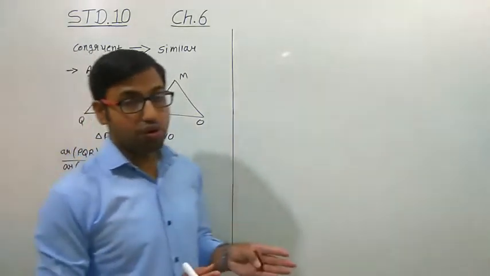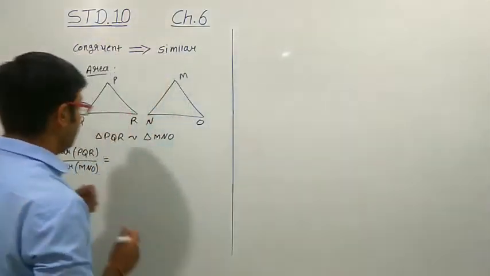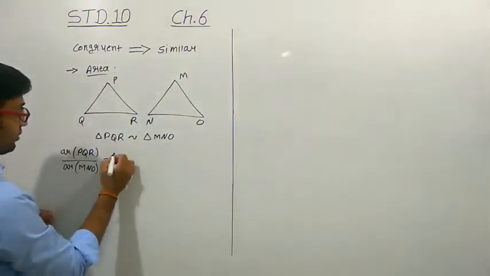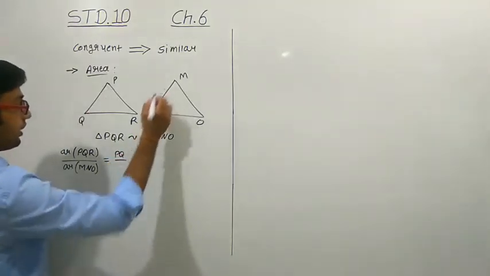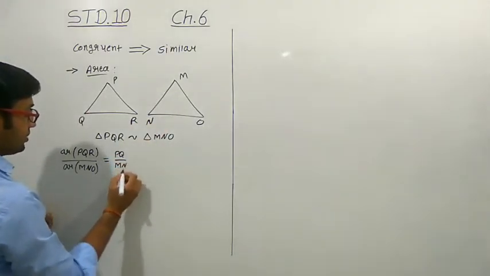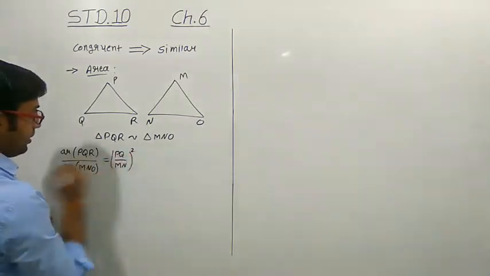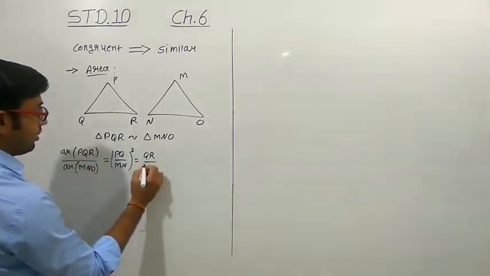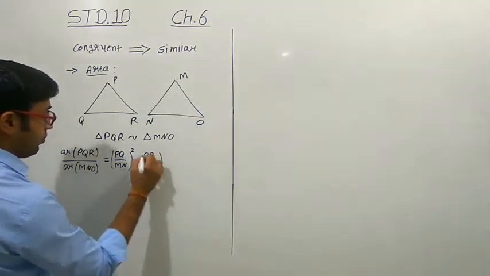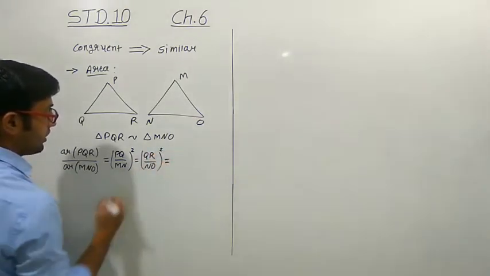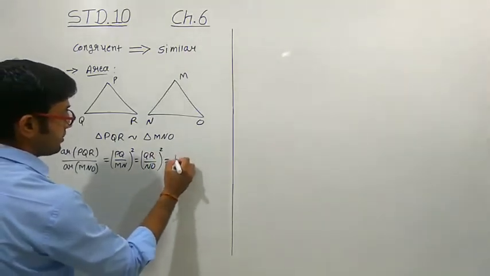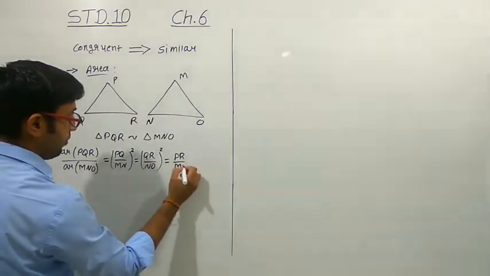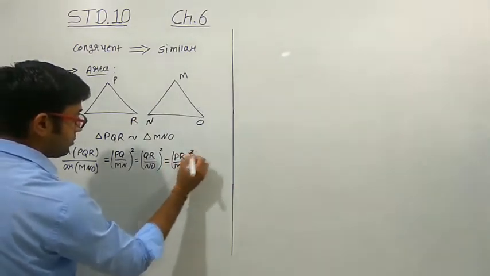is what? This is the ratio of the areas of the two similar triangles, and it will be equal to the square of the ratio of their corresponding sides. That means the ratio square of these corresponding sides. That is, if we take the PQ side, we have to take the MN side. The ratio of these sides and its square. It is also equal to QR upon NO whole square, and it is again equal to the third side, that is PR, ratio of the third sides PR and MO whole square,